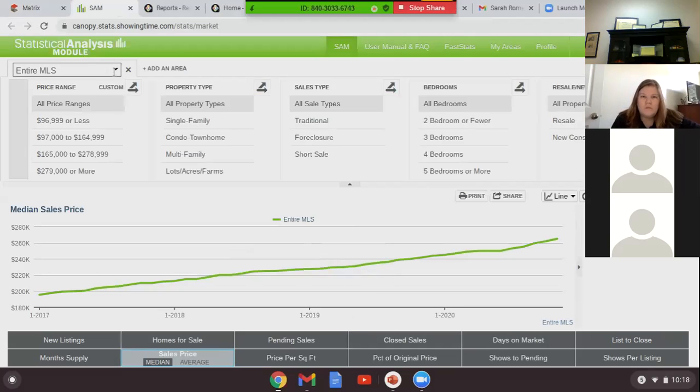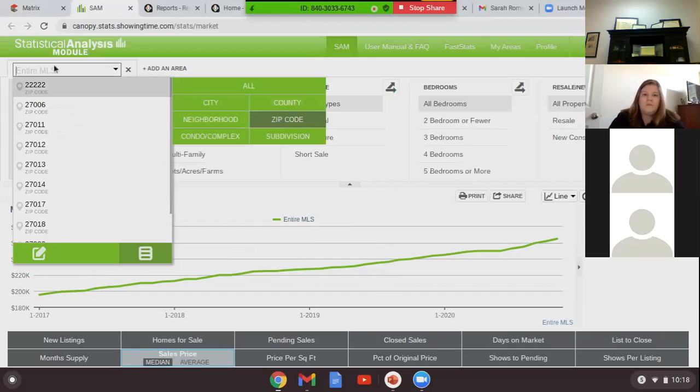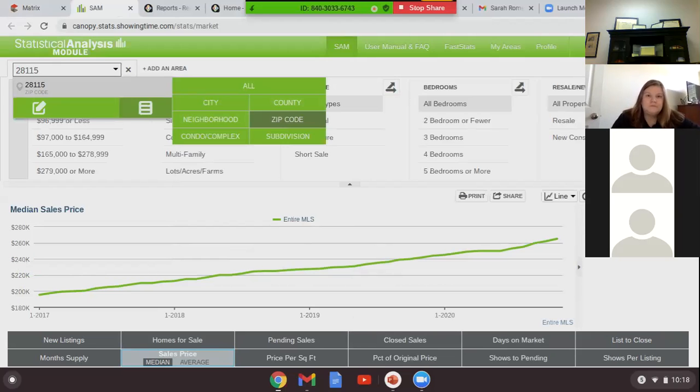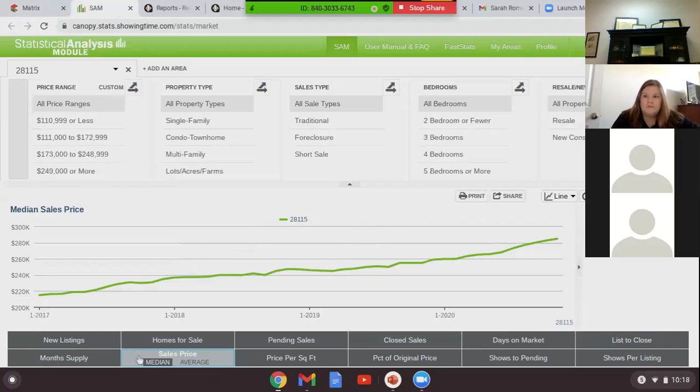You can do lots of different things. So up here, I'm going to do a zip code. If I want to do 28115, which is a Mooresville zip code, then I can see down here the